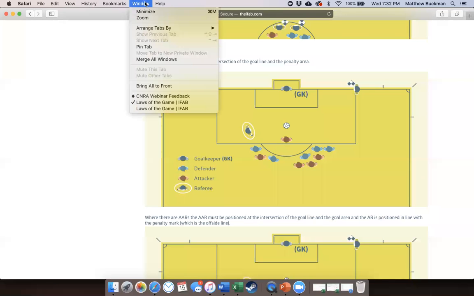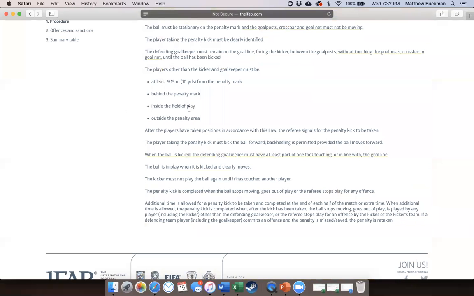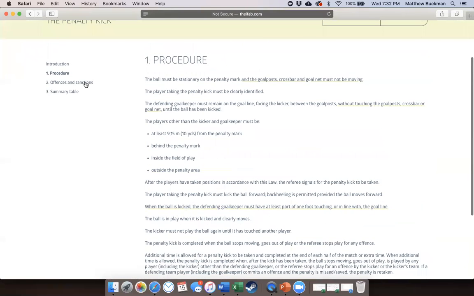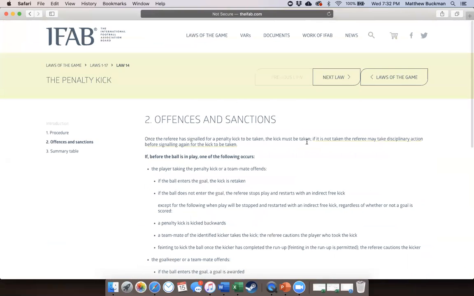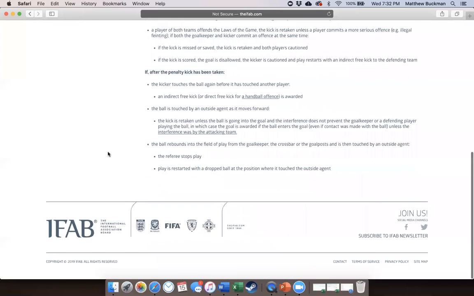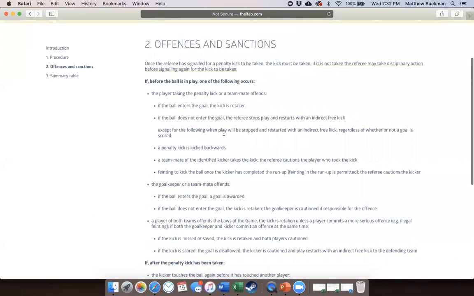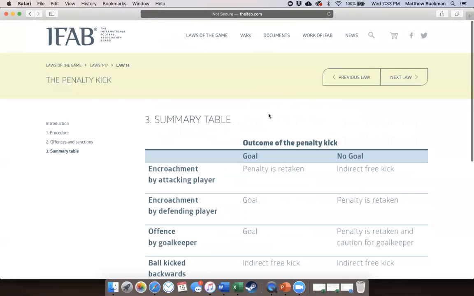Okay, then I'm going to go back to the laws and move us along to the various offenses. So I'm going to leave this for a moment. It's a lot to take in. There's actually a summary table that is much easier to digest all this information, because the way it's written out, it has to be written that way. So I'll go to the summary table in a minute, and then we'll come back to this. So the summary table,